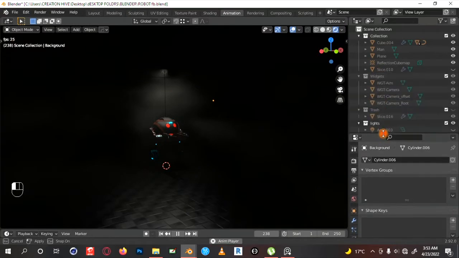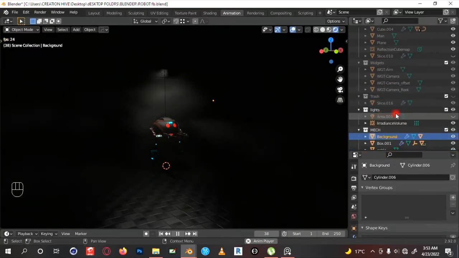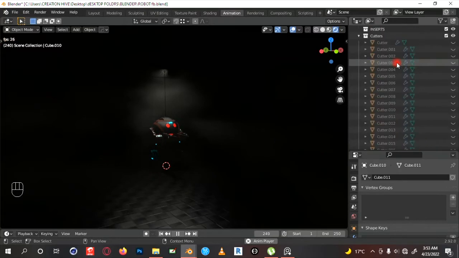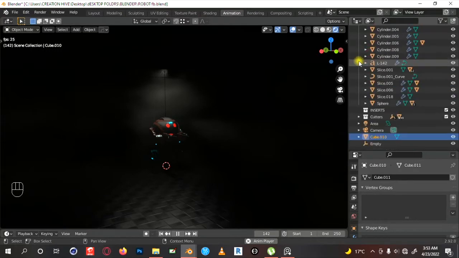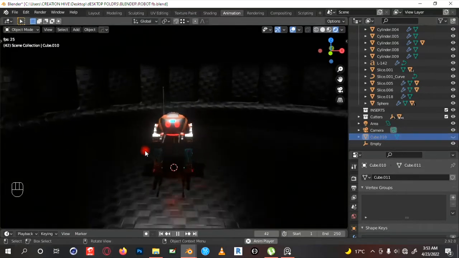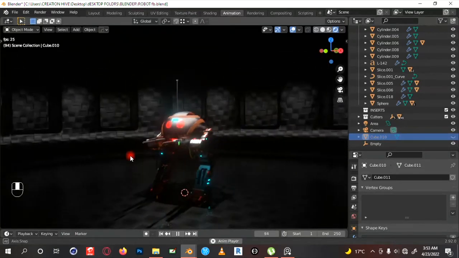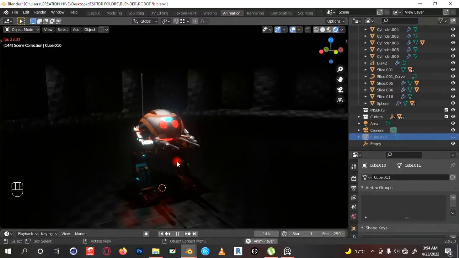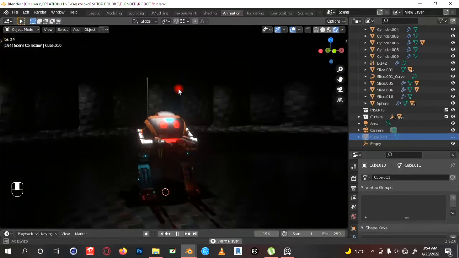I had set up some volumetrics just to give some fog kind of thing. So let me just, I think I have my volumetrics somewhere. Let me just close these cutters. I think, yeah, it's here. Okay, so we now have our scene, we have our board there, we've got our light, our reflections taking